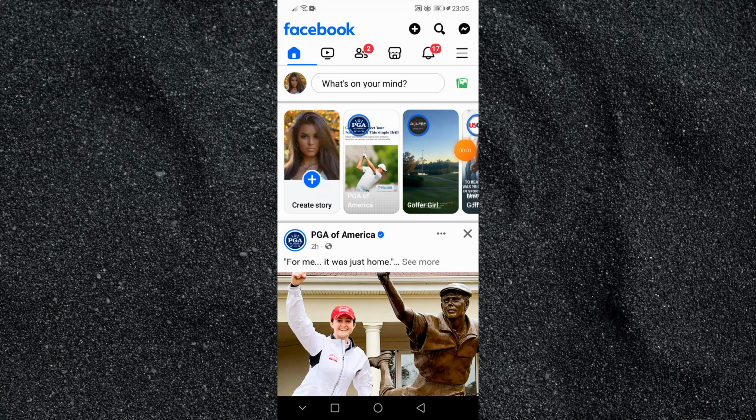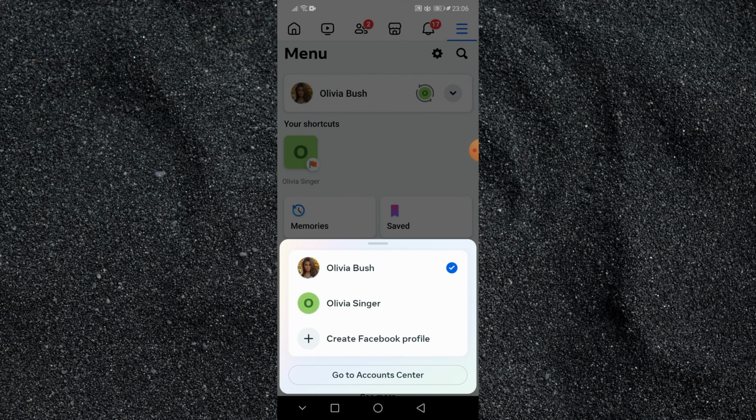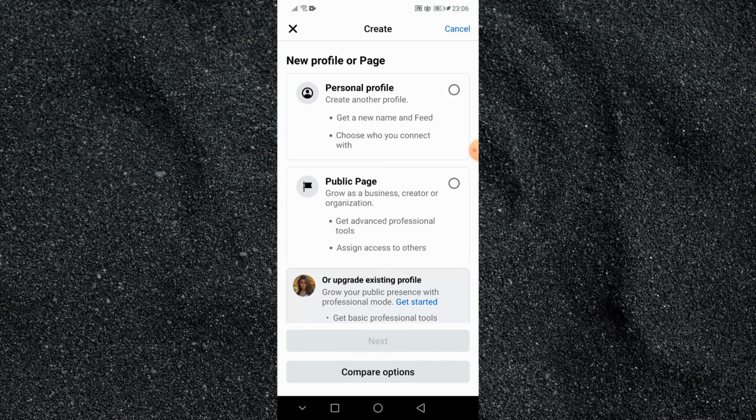Today we'll see how to create a Facebook page. So I'm on my Facebook profile. I have created that profile. So click on that three dot, click on the drop down, click create Facebook profile, click on the public page,